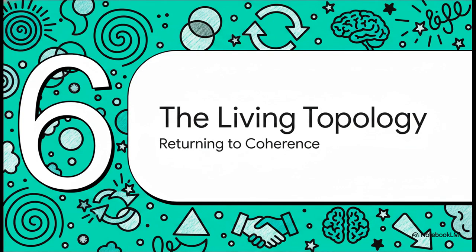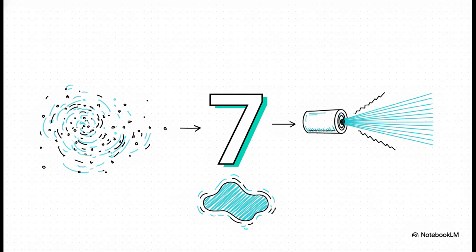All right, section 6. The living topology. We are reaching the climax of our explainer here. We've gone from the seed, splitting into the dual fields, and traversing through the junction. Now we introduce the final stage of the DCU cycle. Number 7. In the DCU, 7 represents closure. This is where multiplicity returns to coherence and stabilization.